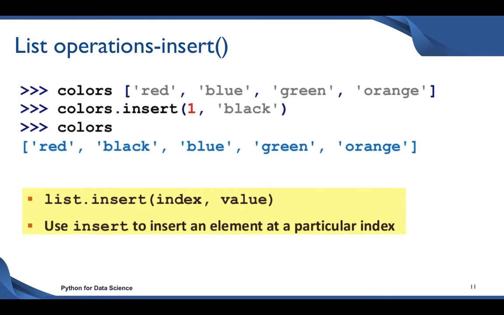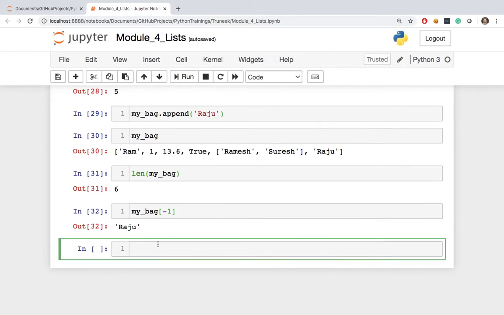For example, I wanted to add Sonu at the second position, that is after Ram. So this is index 0 and first, at the first position. So what I will do is my bag dot insert,